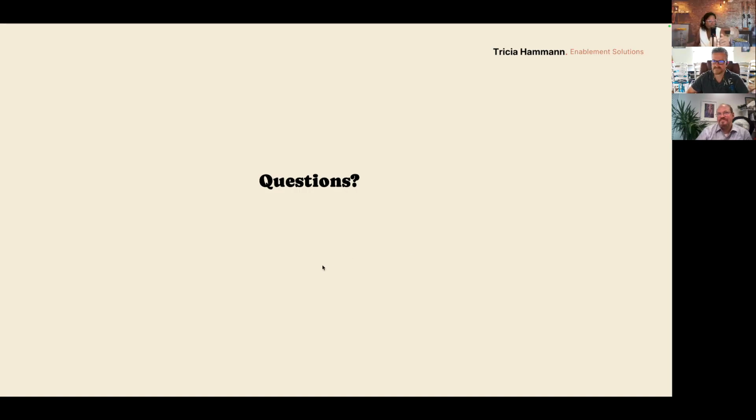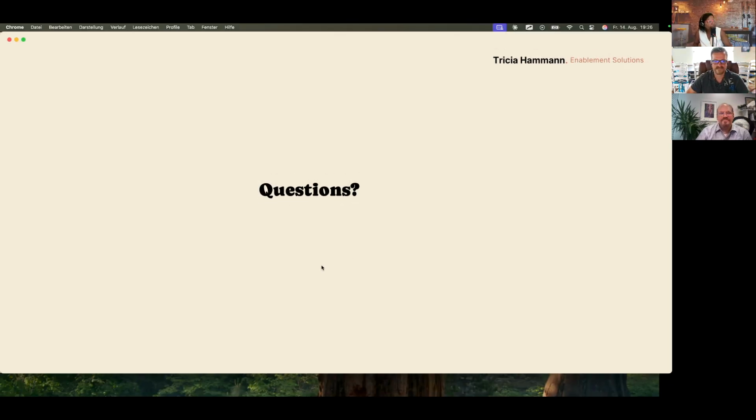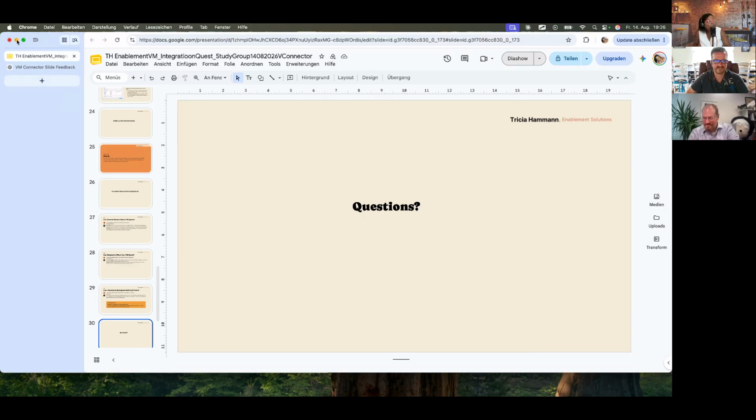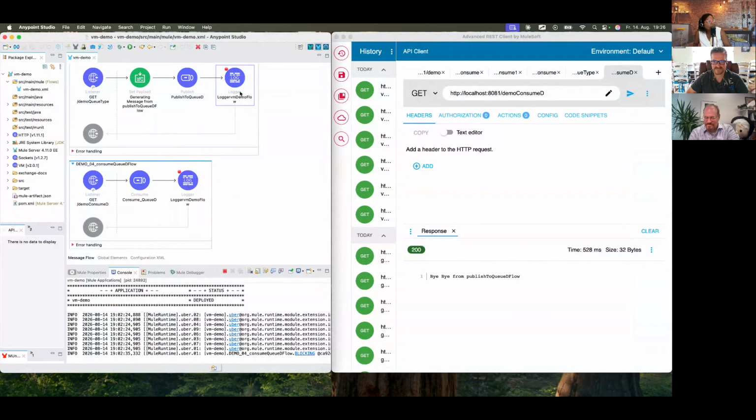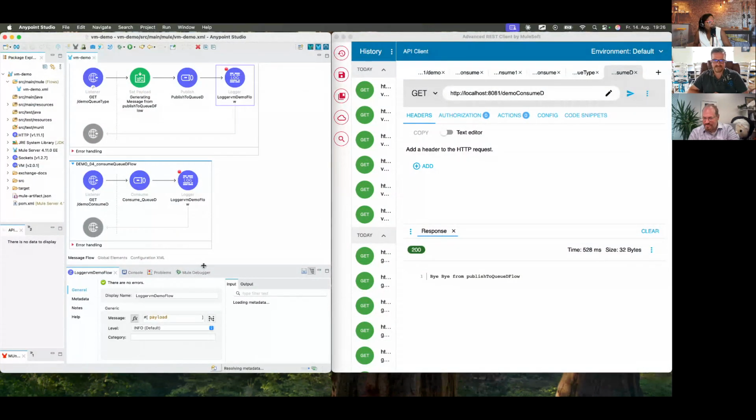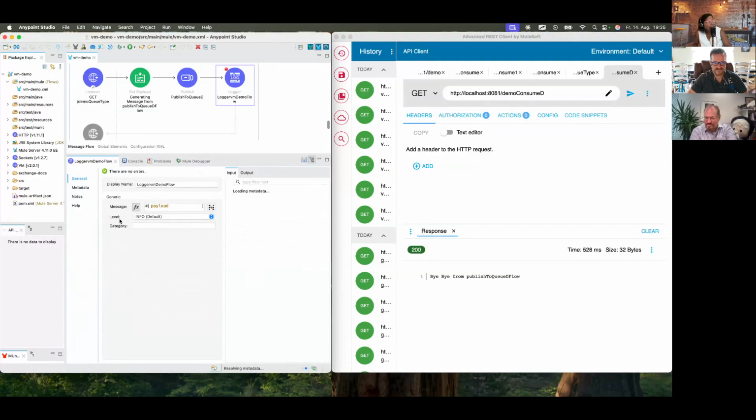Let me go back to my Anypoint Studio. If we go to the logger component, you see that there is per default an info level log. This is the place where you can select debug, error, trace, warning.